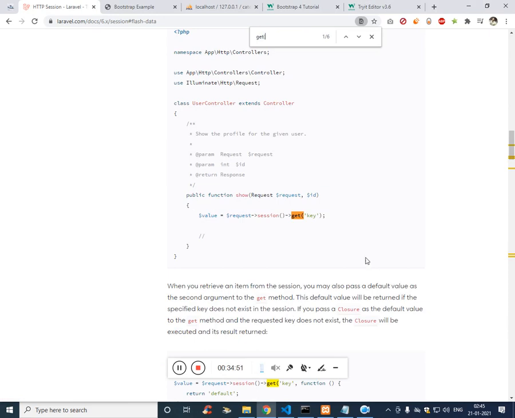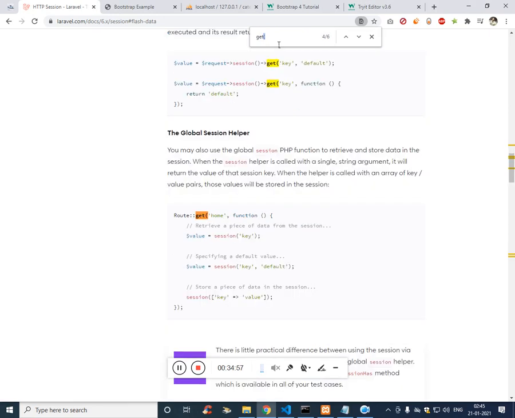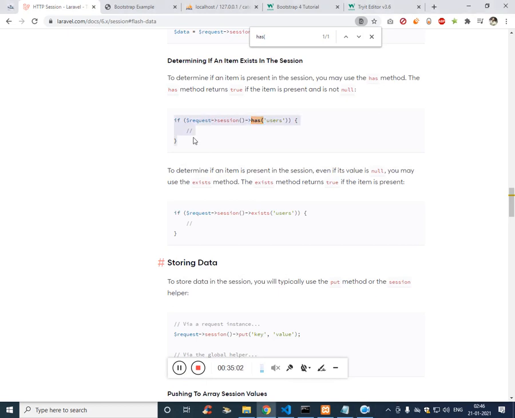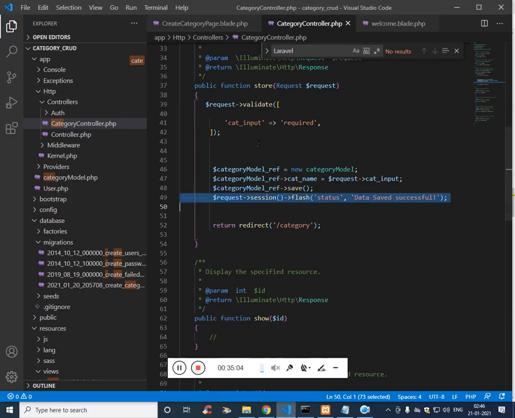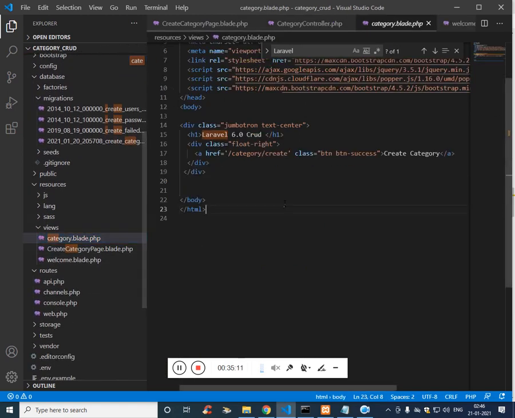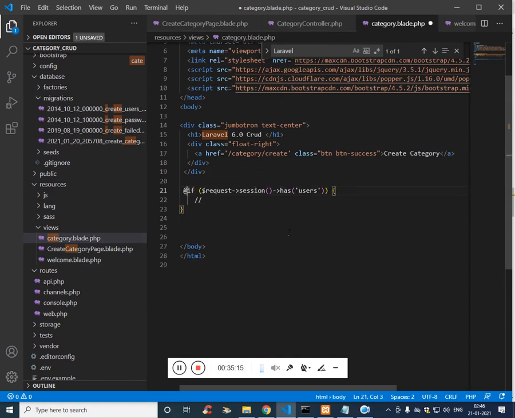and to retrieve this, we have a special function called get. Let's try this. On the category page, we'll show it over here. @if, @endif.